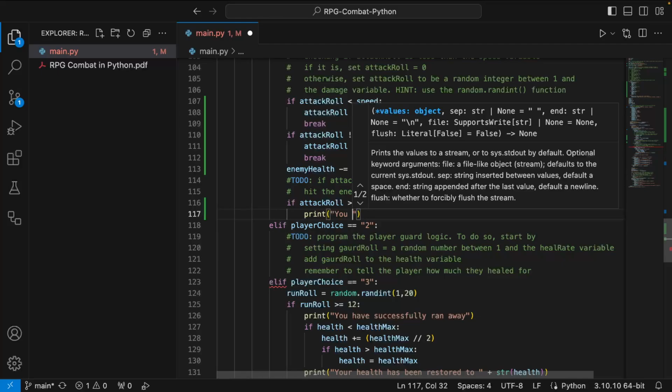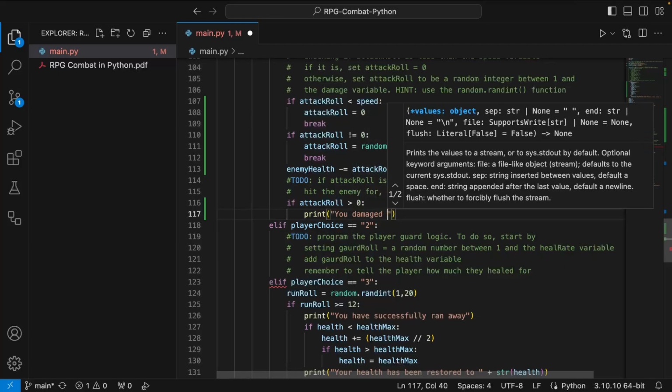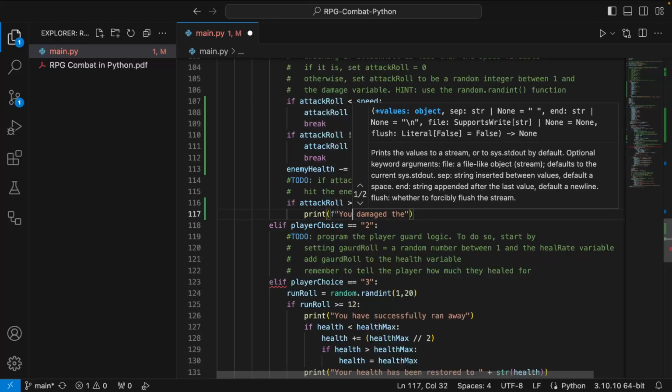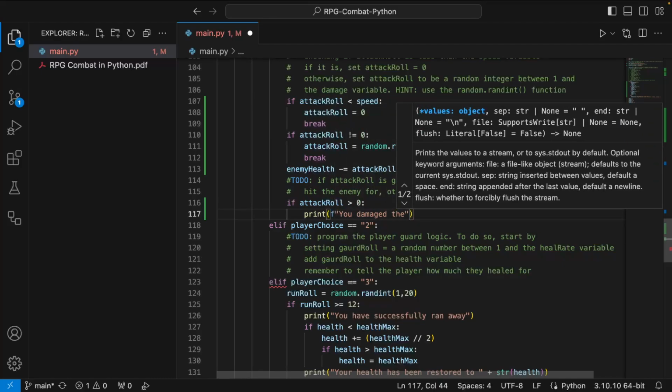Oh, no. You damaged the enemy. Let's do the F version. I like that. You damaged the enemy for the attack roll points of damage.